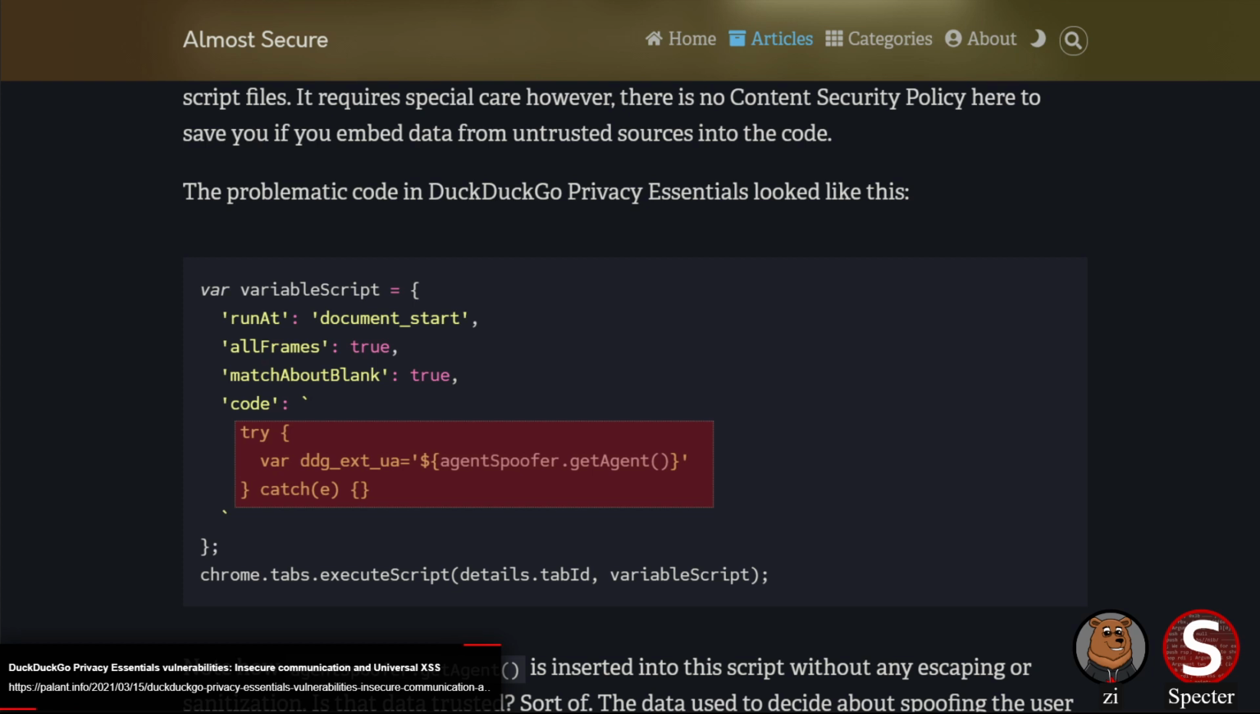The first set of issues were resolved by removing the content script entirely. The XSS was fixed by sanitizing the user agent string by using JSON stringify, which is fine for that case. I do kind of want to mention here, getting the agent,